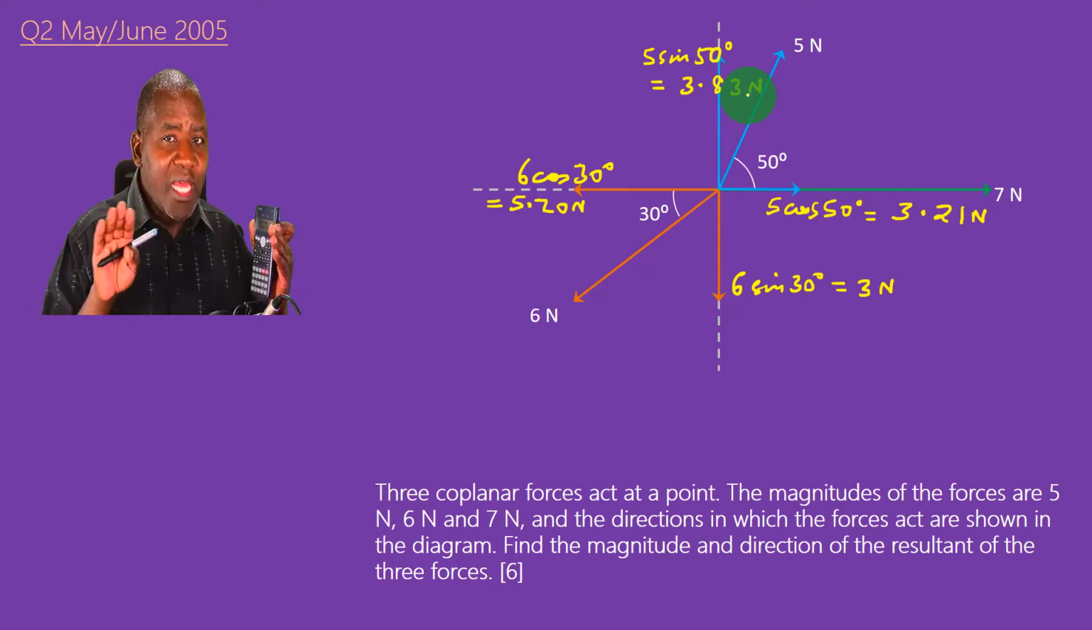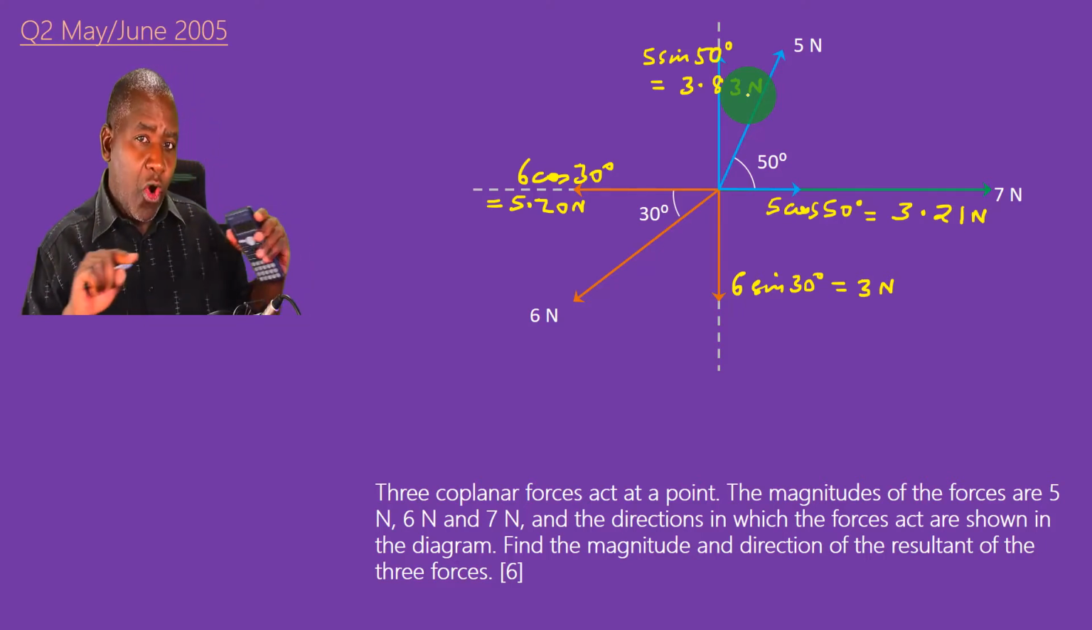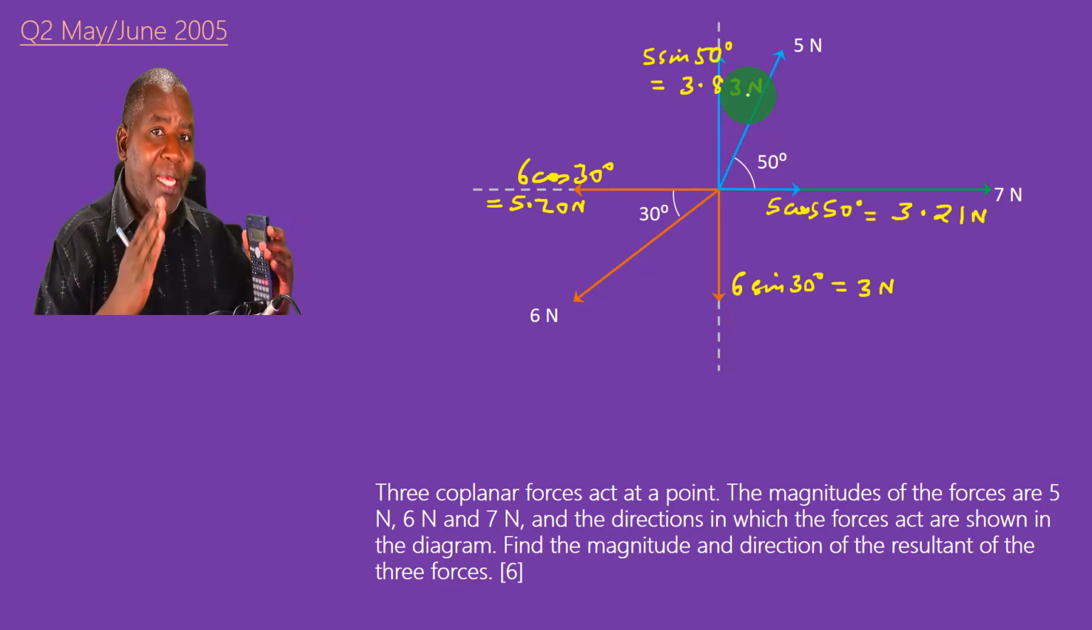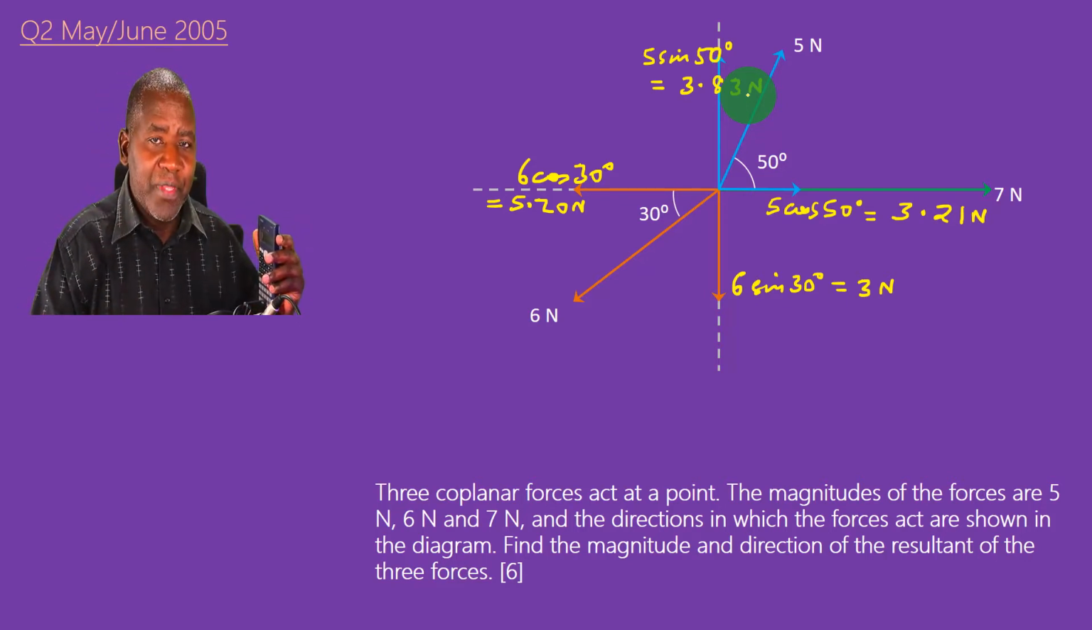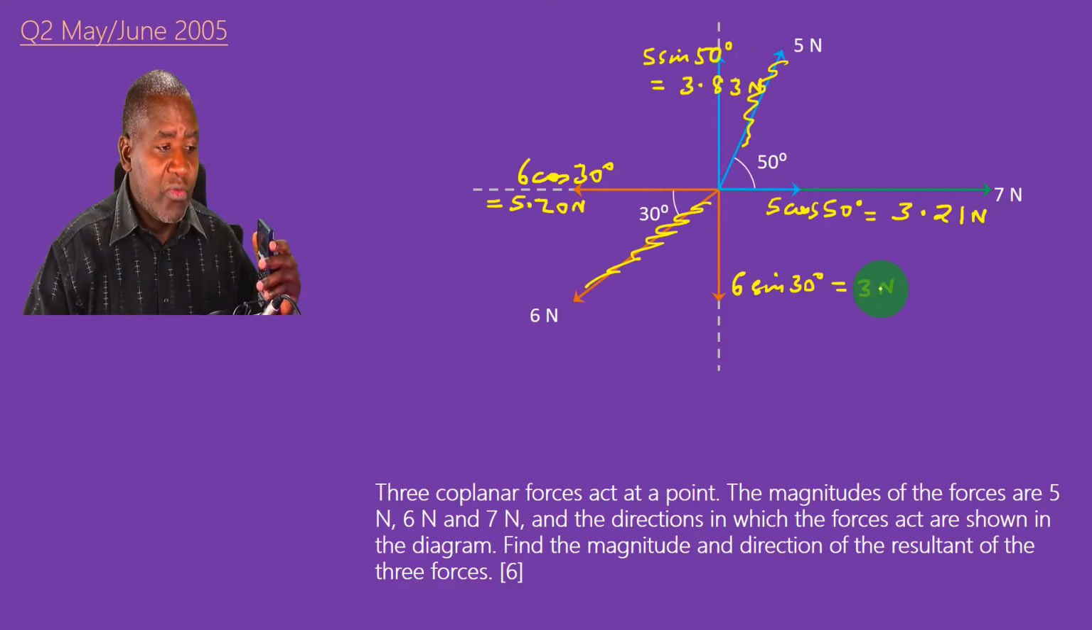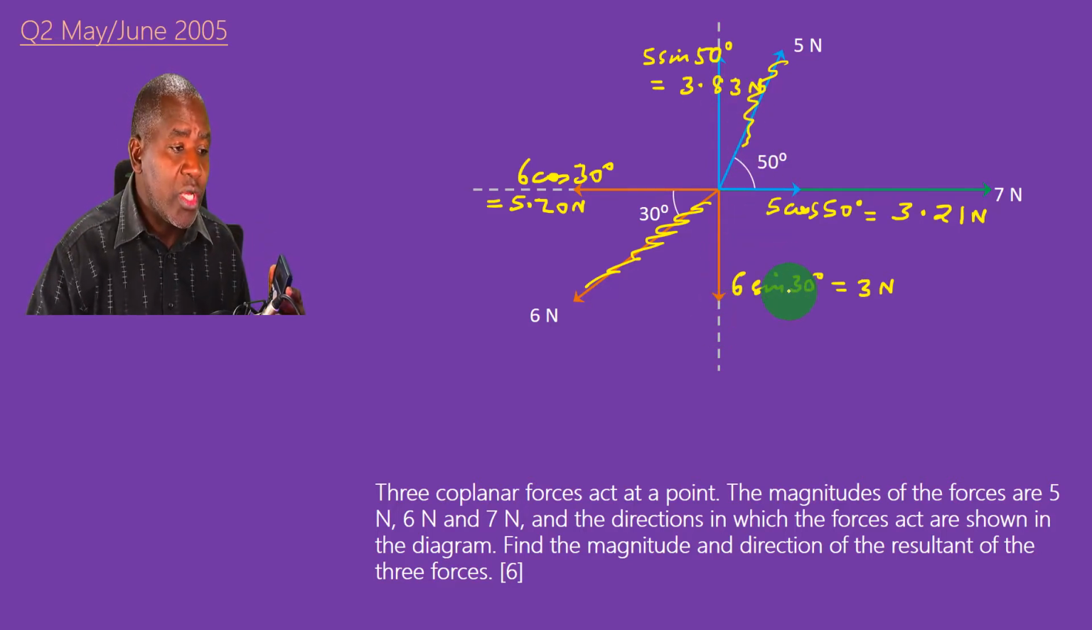acting in the same direction or exactly in opposite direction or perpendicular to each other. There is no other angle. In other words, this force now is no longer there. This one here is no longer there. Neither is this one. What I'm having is this 3.83 newtons vertically upwards, 3 newtons vertically downwards, and I can treat these two independently